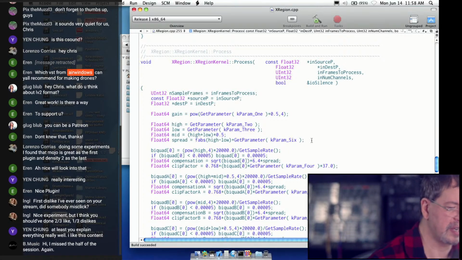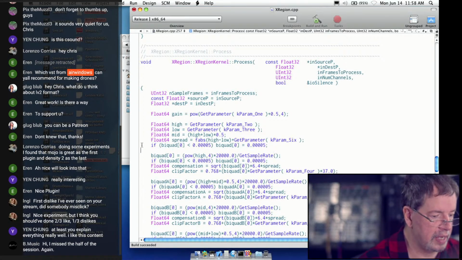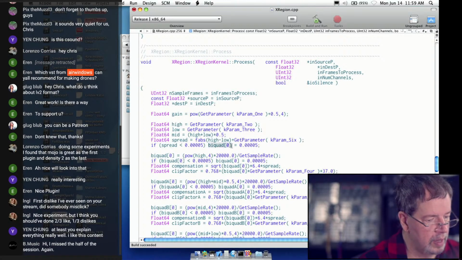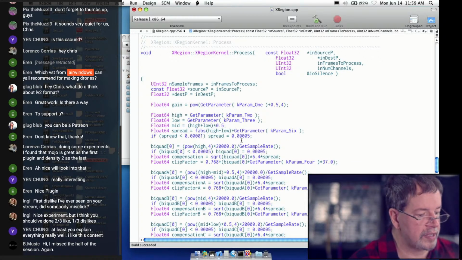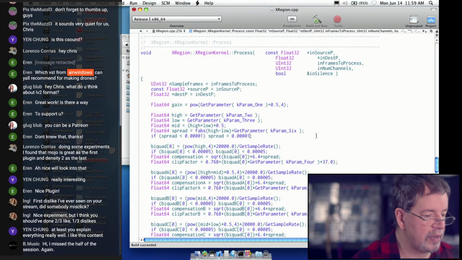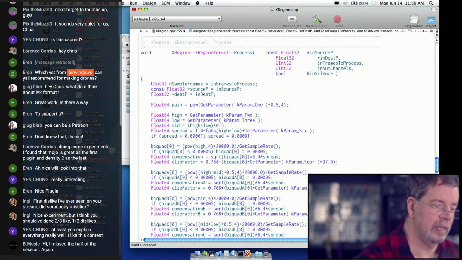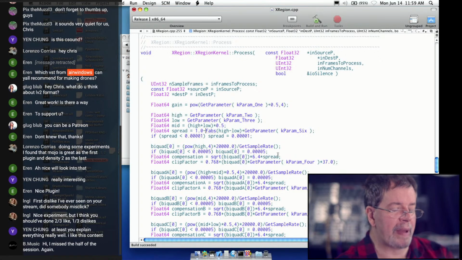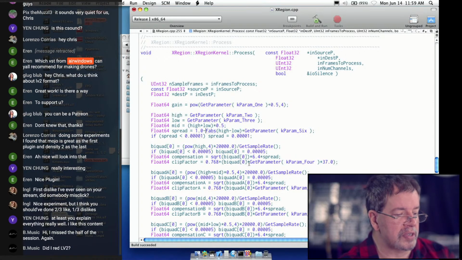Let's put in a quick little sanity check, because some of this could get messy. I have no special wish to have everything crash. And let's make it an even tinier number, but that should be satisfactory. And if this is all multiplied by 1, it'll be back to what it was before. So here's the deal. And we could maybe calculate this differently too, but 1 minus fabs high